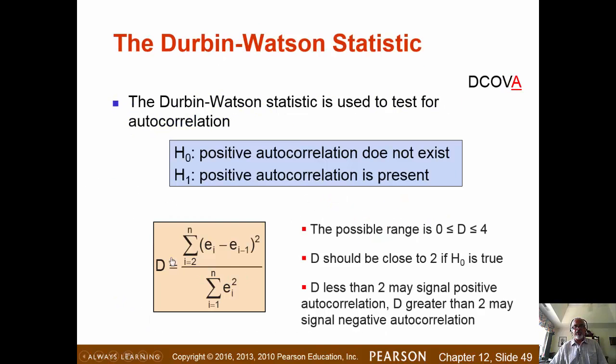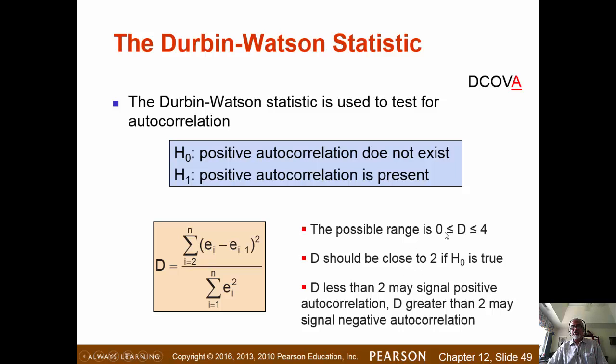So here is how we'll compute the Durbin-Watson test statistic for autocorrelation: take the residual minus the residual from the previous period, square the difference, sum that, and divide by the sum of the squared residuals. That is called the Durbin-Watson statistic, and we can use that statistic to test the hypothesis that there is no autocorrelation. Positive autocorrelation does not exist versus positive autocorrelation does exist. Then we take this D and compare it against